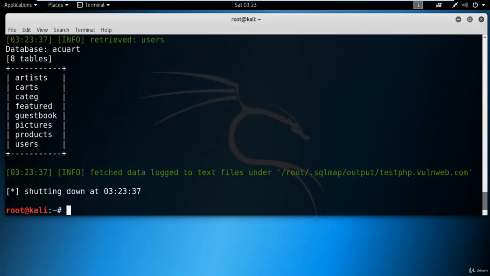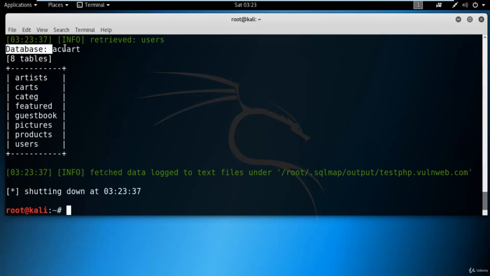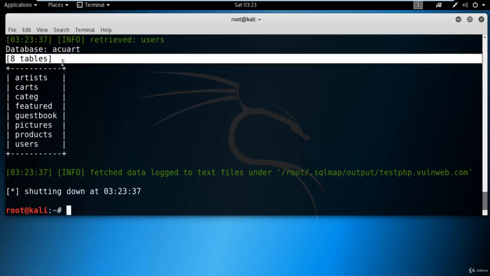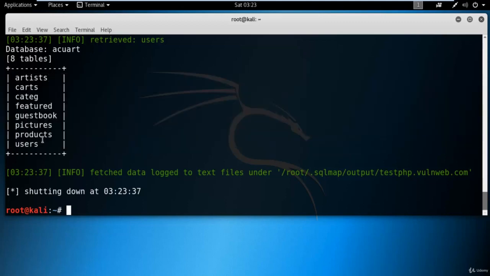You can see that it is retrieving the table names. Inside the database acuart there are 8 tables, and these are the names of the tables: artists, carts, categ, users, products, etc. So inside a single database there are 8 tables.